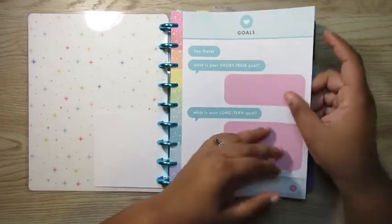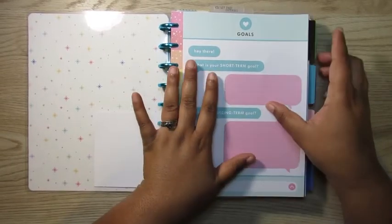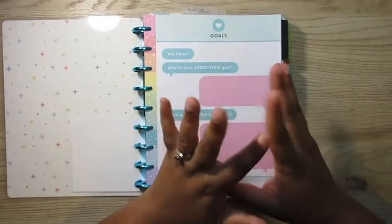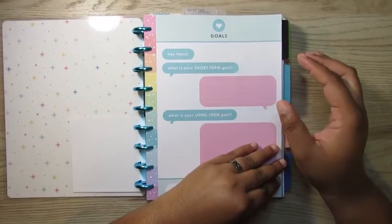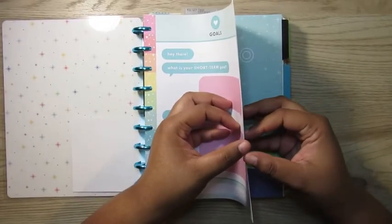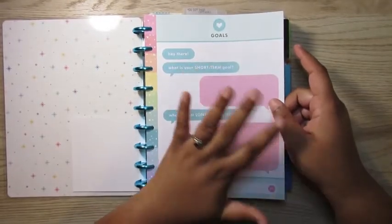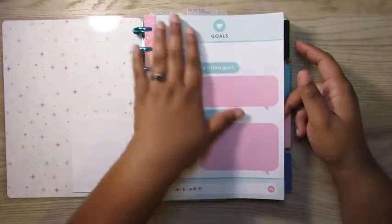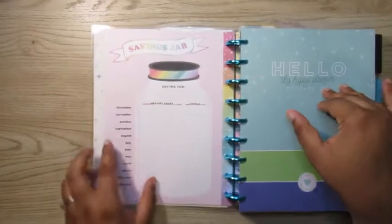This vision board actually came out of last year's budget companion pack, and I did put some of those elements in this planner because I had them. I need to use as much of what I have as possible. So I put it in the beginning of my planner, and I'm going to fill this out. But I did tape the 2 pages together because I did not like the inside, so that's why this page is so thick. But we just have the iMessage on the front, and on the back we have the savings